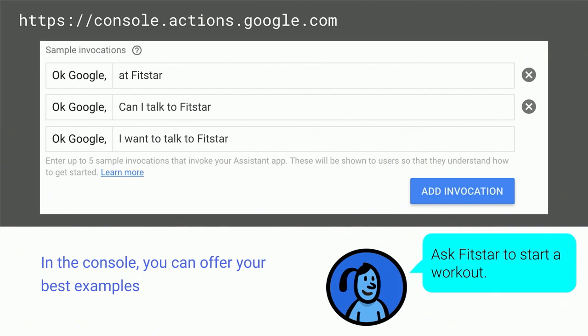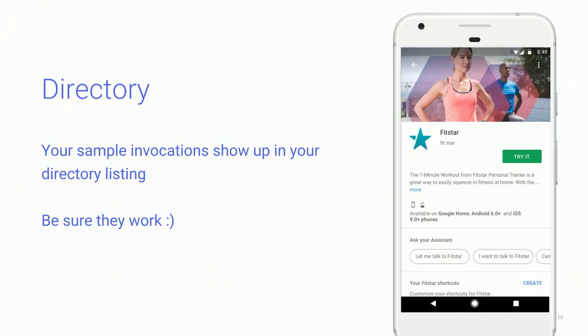Okay, another thing to note about setting up explicit triggers, whether you're using action packages or API.ai, your final step will be to go to your console page and then list out up to 5 example invocations using your explicit triggering patterns. Now, be sure to check that all of these patterns do trigger your action. But this is really important because we take these 5 sample invocations, and we actually put them on your app's